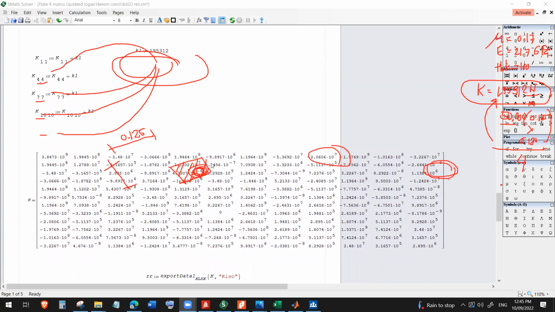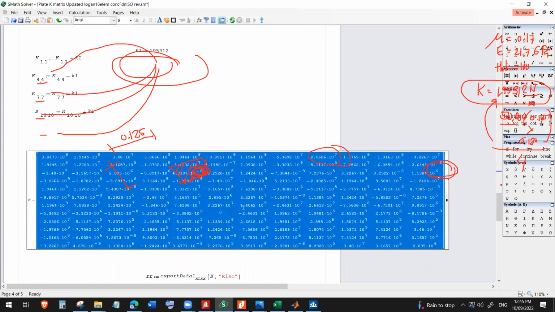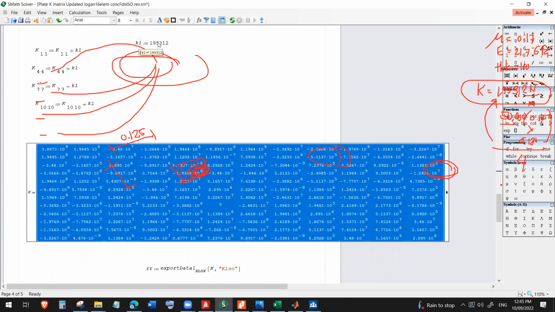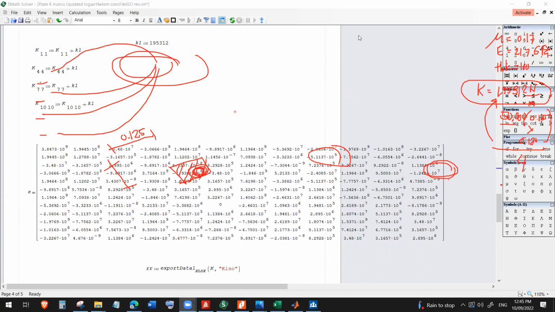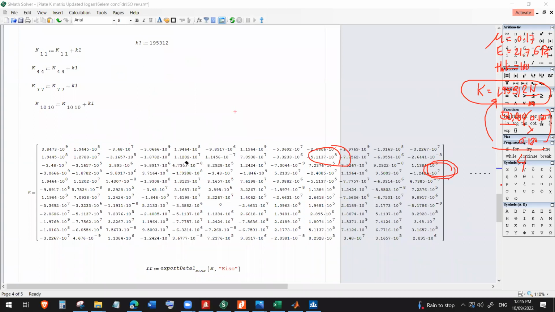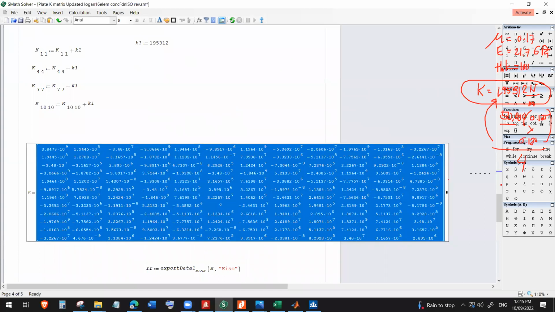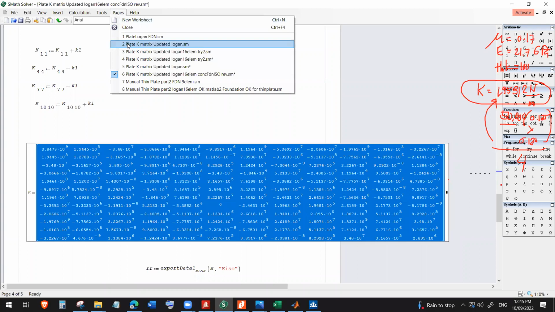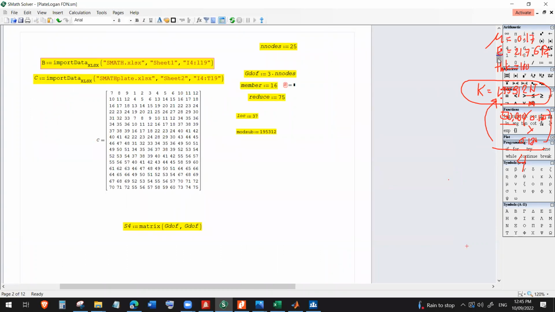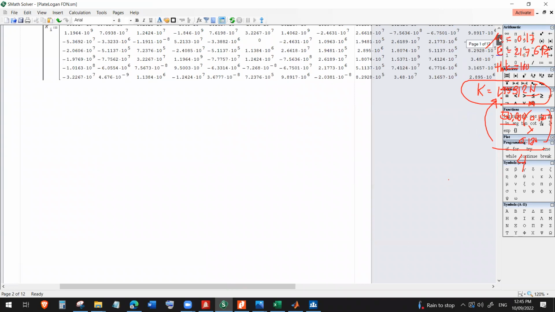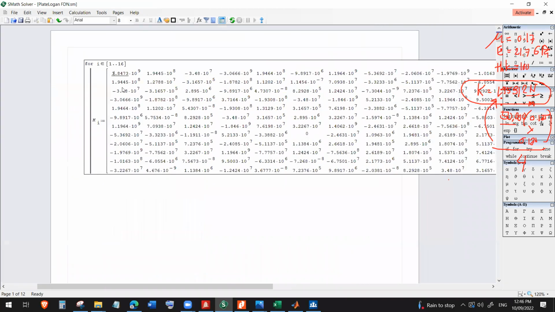Okay, so we're done with the calculation. So this is our stiffness matrix per plate, incorporating the stiffness from the soil subgrade modulus. Then we will copy and paste that, and let's proceed to our next SMATH code, wherein we will paste here